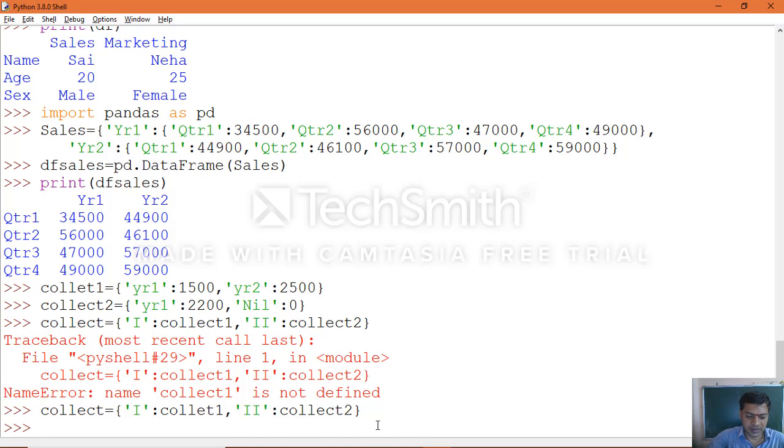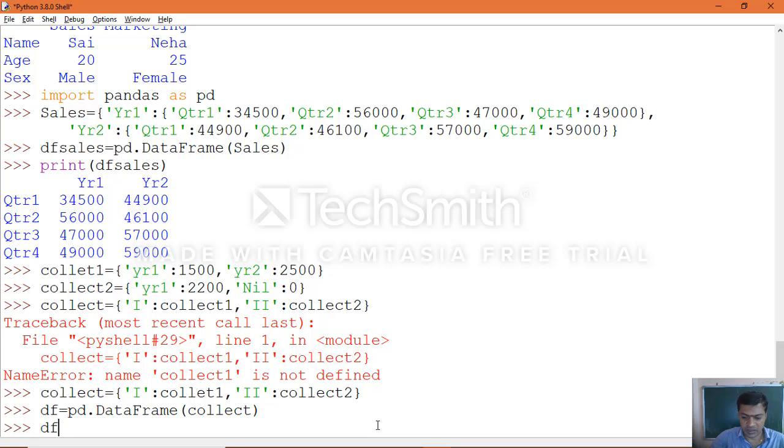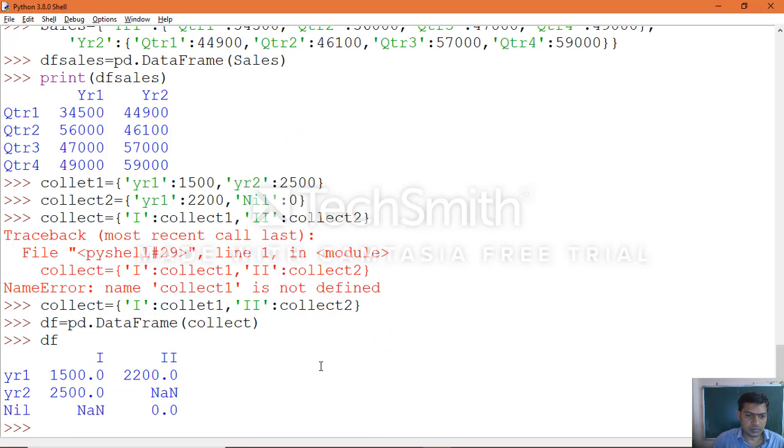Now create the data frame: object name equals pd.DataFrame of collect. Create the object in such a way, then print the data frame. Let's see the output.